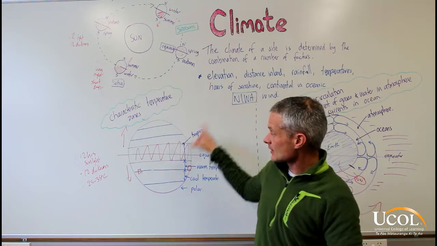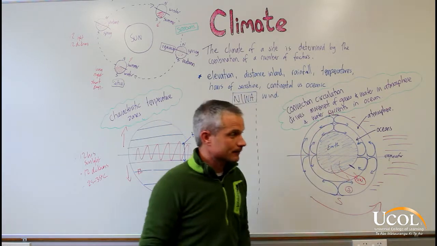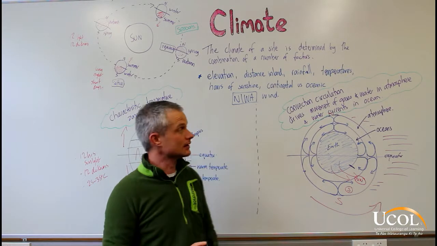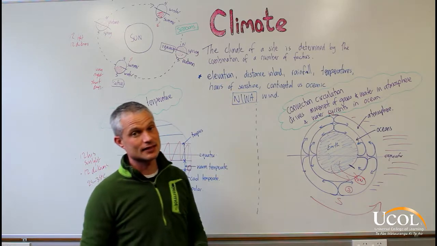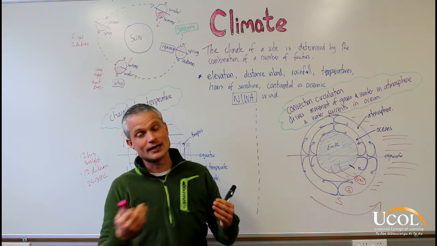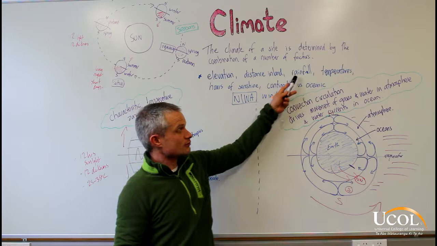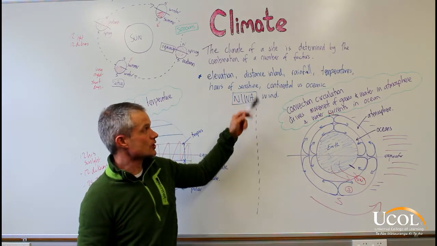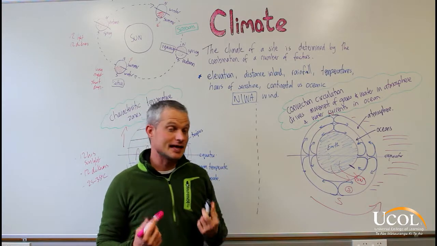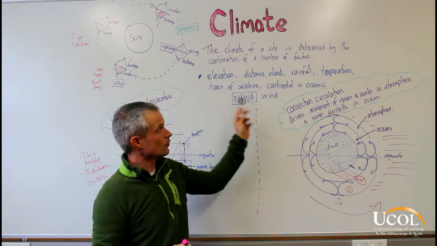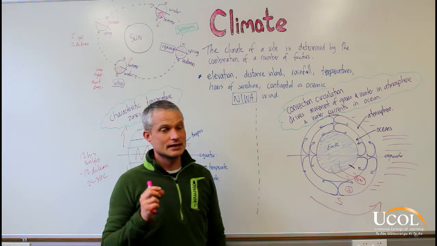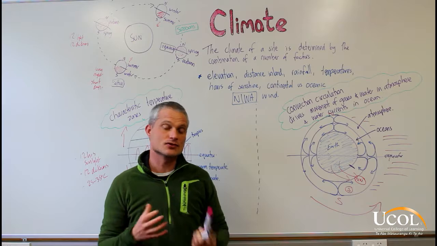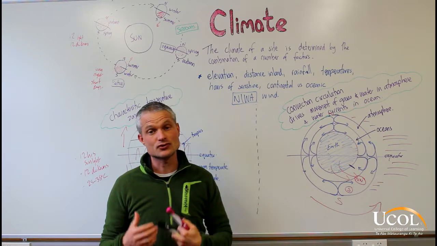So these are the factors that affect our climate, and then if we're trying to understand the characteristics of the climate of a particular location, it comes down to things like how high it is, how far inland it is, what is the rainfall of that region, what is the temperature of that region, how many hours of sunshine it has, how many days of frost it has, and all of those particular values will then guide you as to what is the most suitable plant or the most suitable animal to